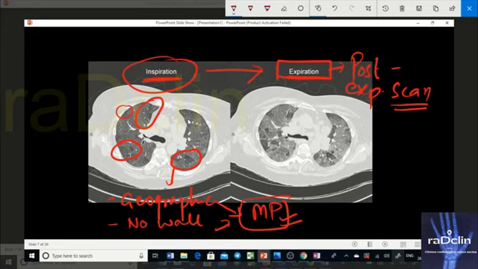So the unmarked normal areas, if you compare them on the post expiratory scan, have increased density everywhere. Only the abnormal areas have remained stagnant, or remained with low density in the post expiratory scan. So what does it signify? Even these areas should have shown increased density on the post expiratory scan, but they didn't. Why? Because the air is trapped there, so air is not getting exhaled out even on the forceful expiration that we ask the patient to do.